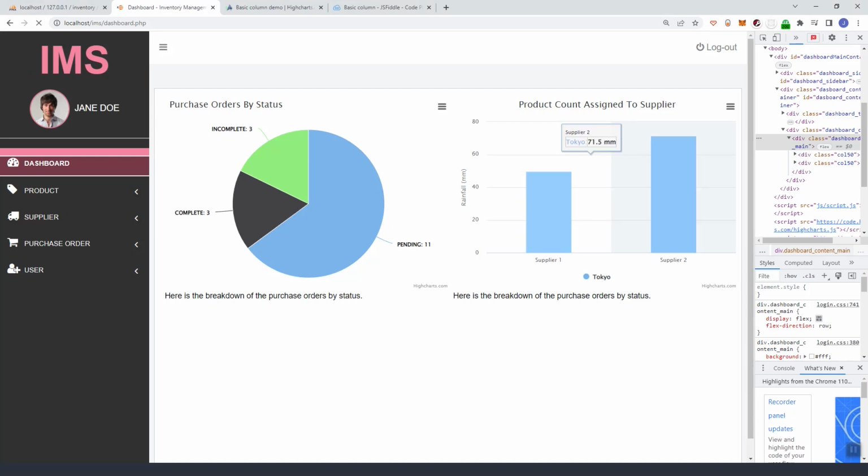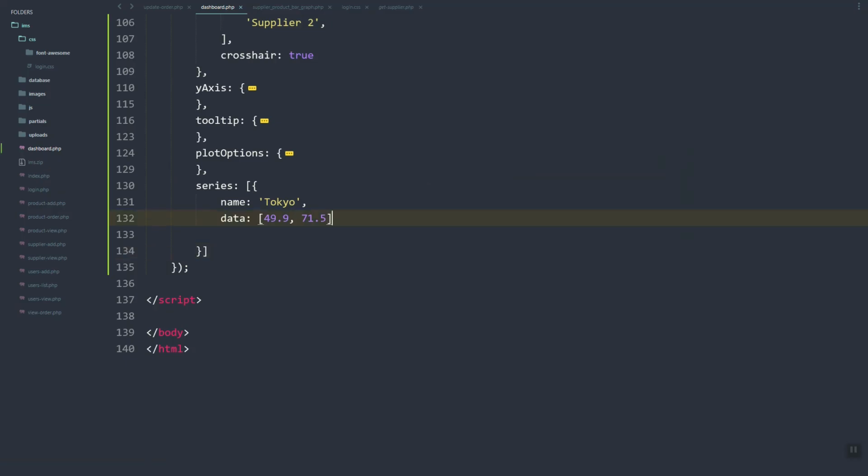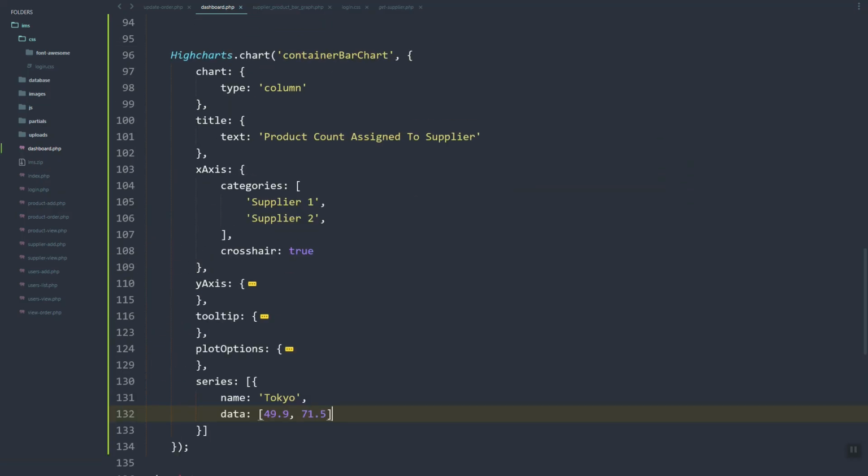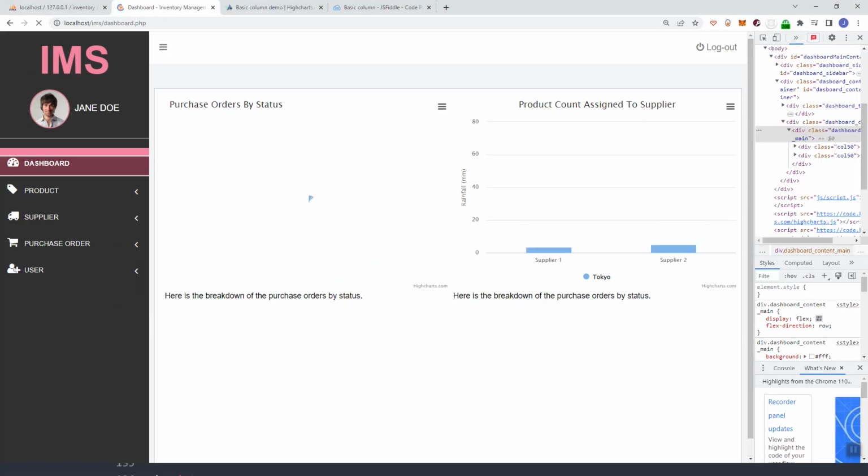So we converted it into a single bar chart, and here we need to create or pull 2 variables. So we'll have the categories, which is the name of supplier, and then here we should have the corresponding count. Let's remove the dot or the decimals,